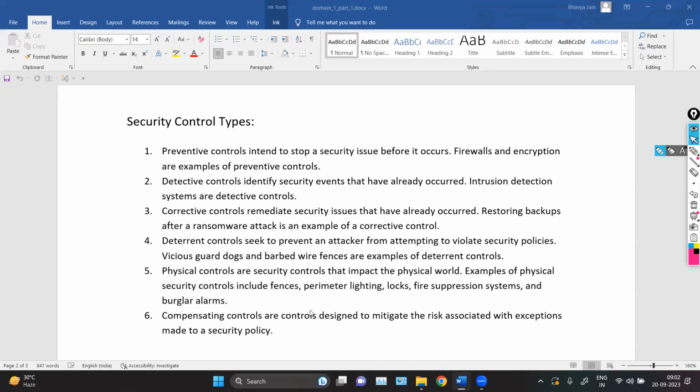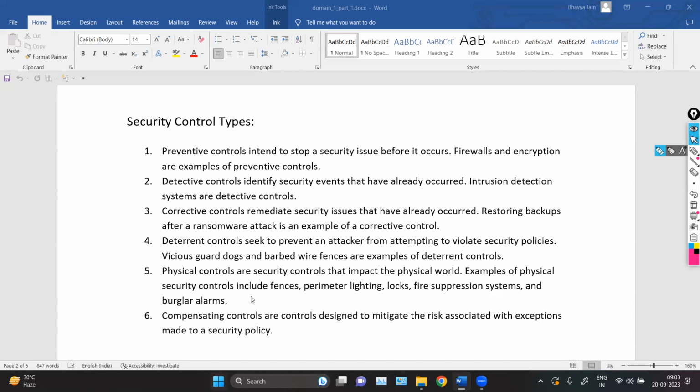Right. So in that case, you are applying the fingerprint sensors. You are applying the access card lock. For example, only a person who has that access card can enter the premises. That is physical control. You are applying physical control so that only authorized users can access the company. Or if there's a chance of fire, then you are applying fire suppression systems. So it is only in terms of the physical.